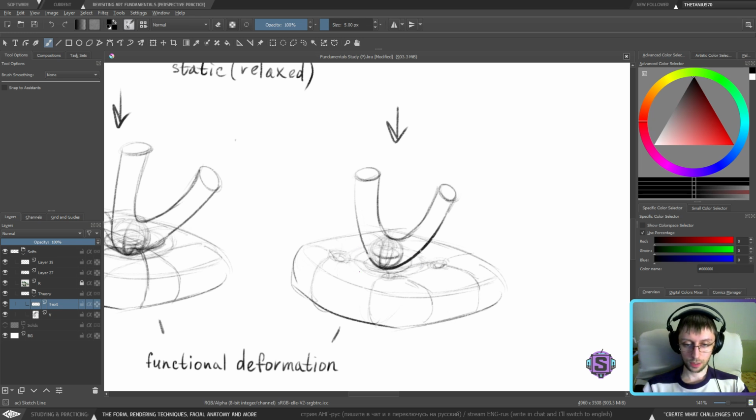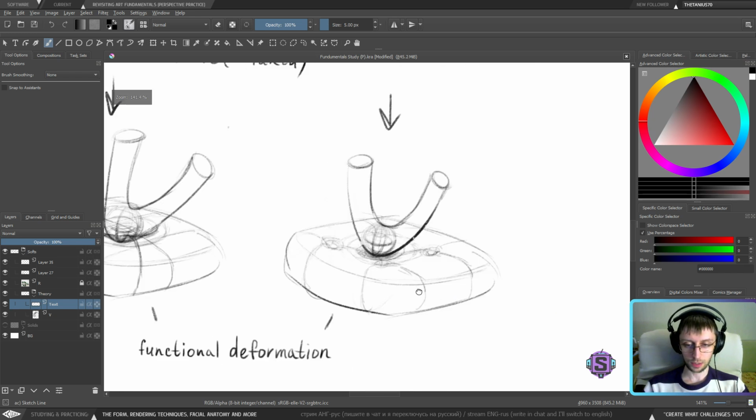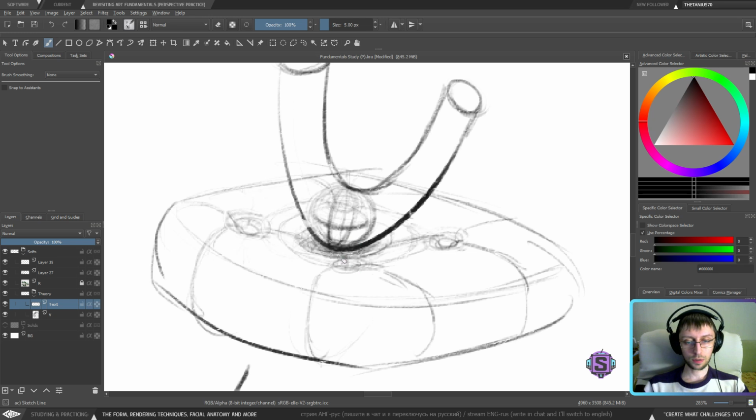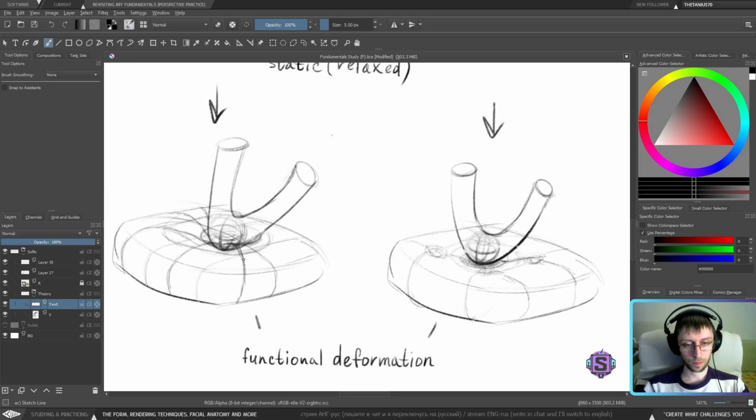So let's assume that this is a functional deformation. Yeah, this is a pretty bad example. I need to spend probably a little bit more time to actually analyze it properly, but again, in this particular instance, it's not necessary. So the reason why it deforms a little bit differently, right here it kind of creates almost straight lines and basically pulls these buttons out there. And because of this, we're not seeing this kind of